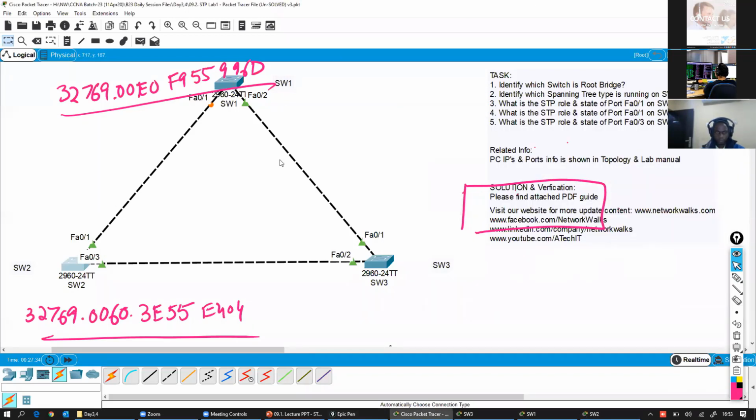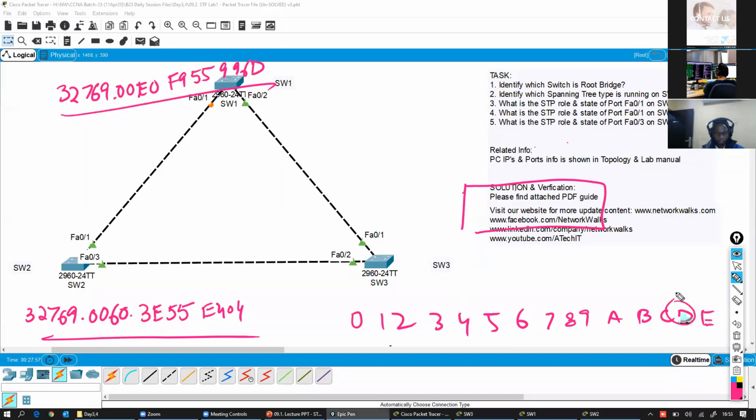Switch 1, yes. No, not switch 1. No, E is bigger than that. Sorry, my mistake. E is bigger than. So how do we write hexadecimal? Hexadecimals are basically 0, 1, 2, 3, 4, 5, 6, 7, 8, 9. And then we have A, B, C, D, and E. So D is basically 14. Yes, A, B, C, D, E, F. So 9, 10, 11, 13, and 14. So D is big or 6 is big because that's the only difference between these two. Here you can see this one is E, this one is 6. So E is bigger, right?